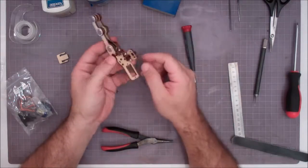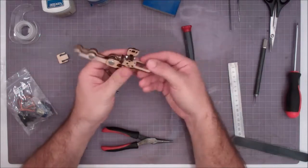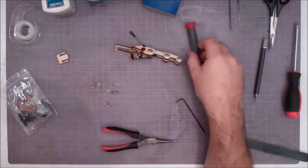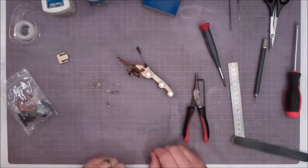So, okay, at this point we have assembled the thumb. We've got the pad on, it's movable, and so we can move on. I'm going to set this all here, and